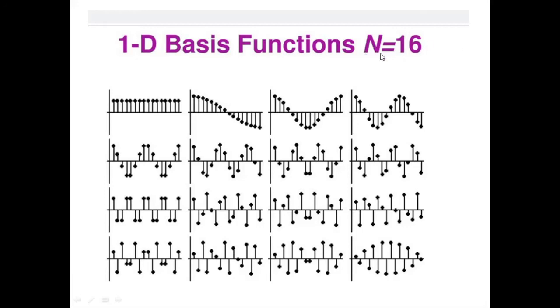Now the same concept is extended for 16 points also. Put capital N equal to 16 in the kernel function, and then put u equal to 0 for x equal to 0 to n minus 1. Evaluate the graph, compute the values for u equal to 1, u equal to 2, and so on for all the points.